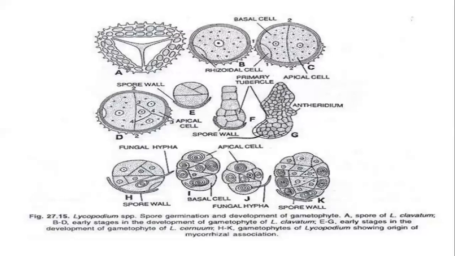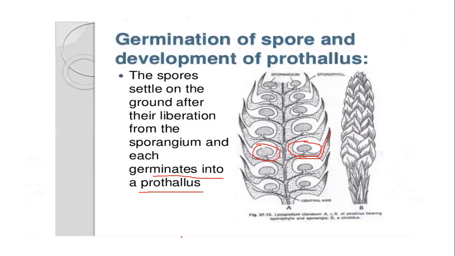The apical cell will undergo one periclinal division and results in the formation of a large layer of cells like this, which is called the primary trabeculae, and the antheridium or the antheridial initial. Now, they undergo transverse division like this and result in the formation of a large group of cells which are going to form,